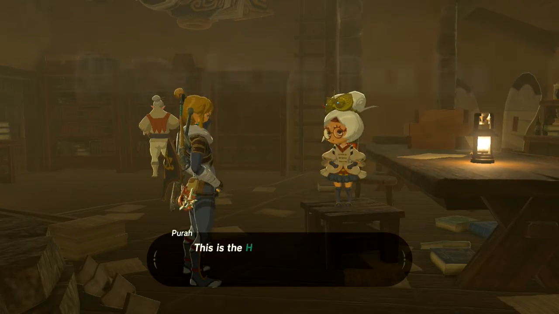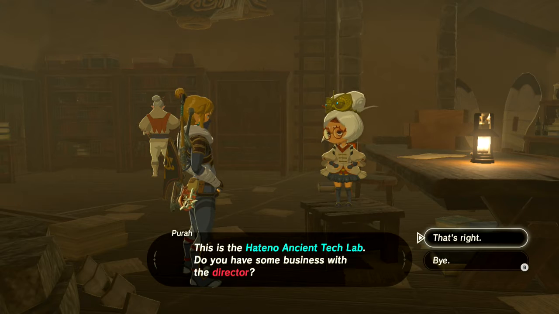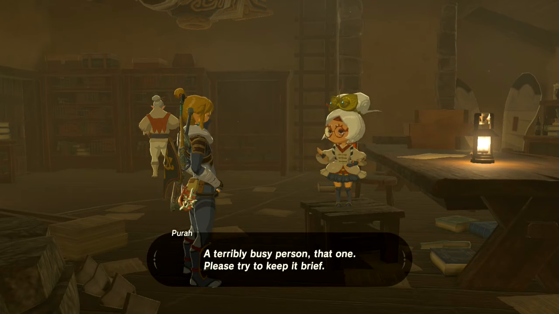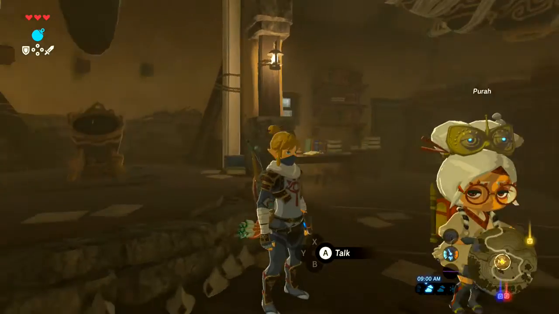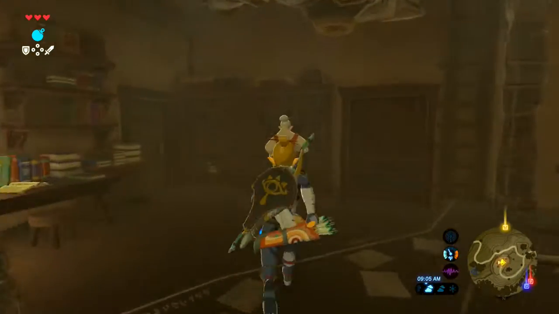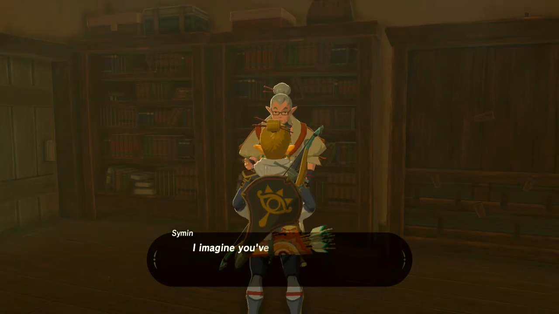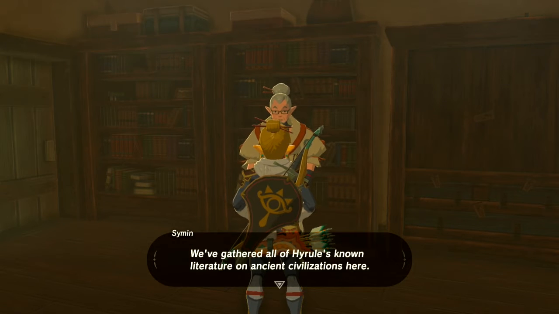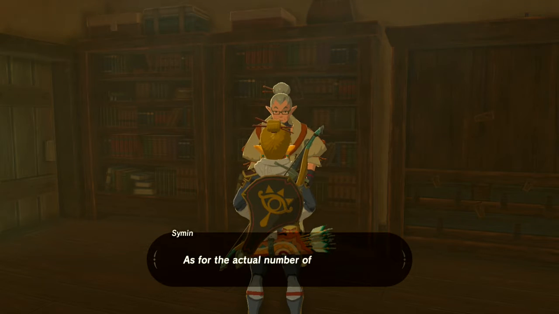Good morning. This is the Hatino Ancient Tech Lab. Do you have some business with the director? That's right. The director is in the back. A terribly busy person, that one. Please try to keep it brief. Are you sure about that? Good morning. I imagine you've never seen so many books in one place. Pretty incredible, isn't it? We've gathered all of Hyrule's known literature on ancient civilizations here. As for the actual number of books, well...